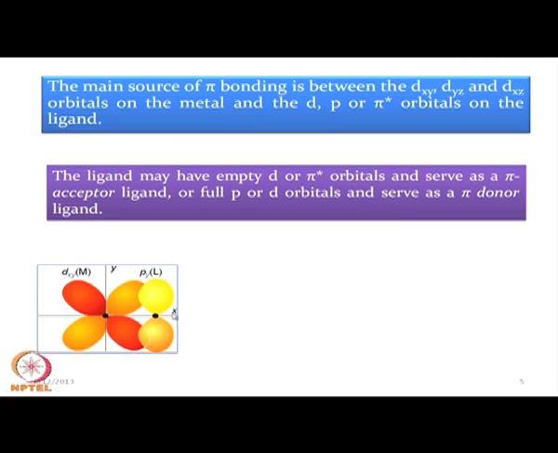So, this is from one symmetry type involving the py orbital from the ligand side. Then we can have the other orbitals, that means the d type orbitals or the pi type orbitals. This can have the symmetry of a d type or pi type orbital, because of what we have seen in the case of the ethylene molecule,